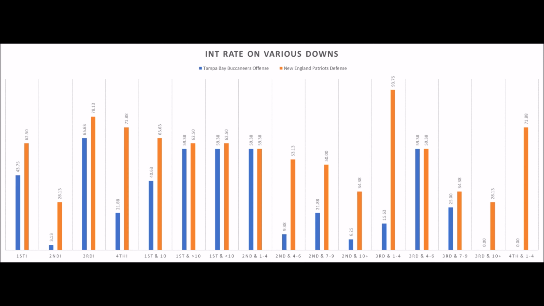And this Bucs offense has been prone to turn over the football as well. Again, the Patriots defense has had tons of issues as a whole, but they can turn over the football a little bit better than the Bucs. This is at home. I would say that I've not done much home field advantage data, but I do think that being at home does give them some advantages because of that factor.